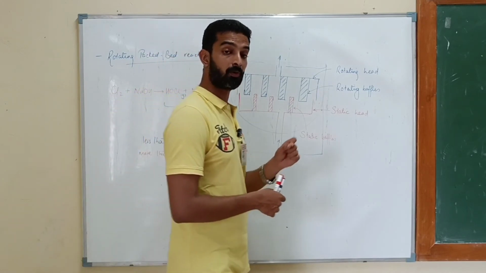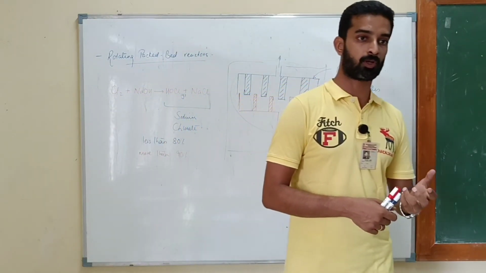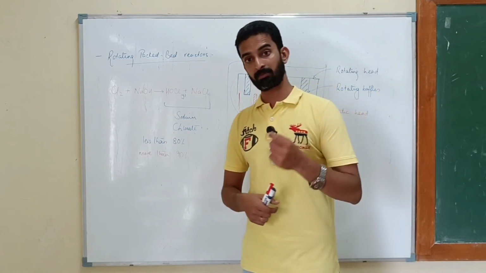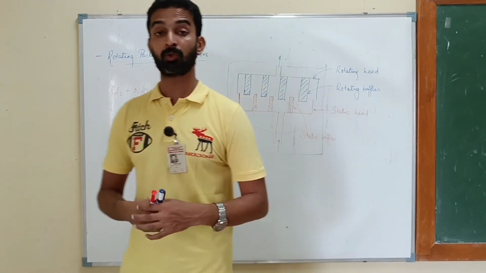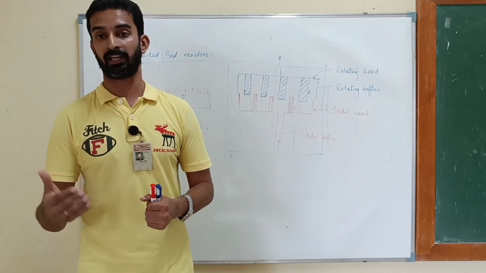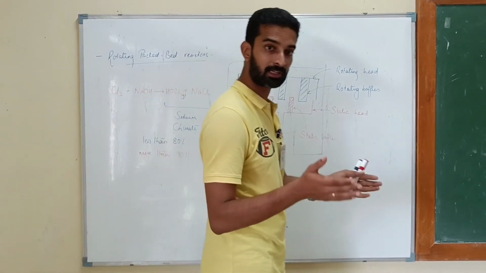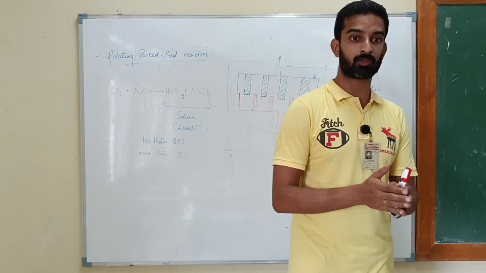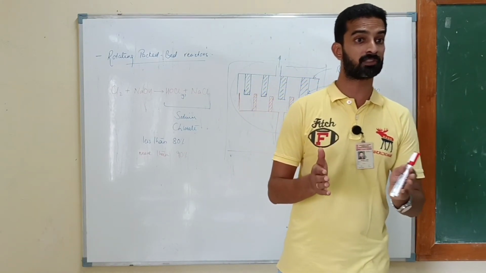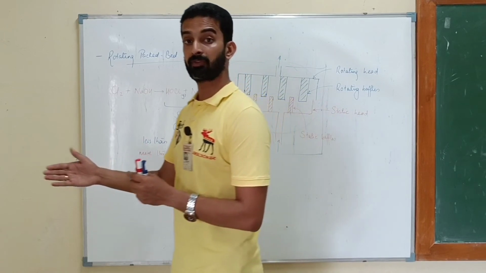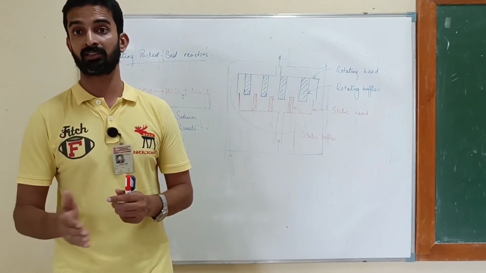The rate of reaction is found to increase 2 to 3 times compared to normal reactions. You need to understand what 2 to 3 times means. Suppose the reaction speed increases 2 times, it means the time it used to take has been reduced by 50%. So that is a very big difference. Suppose the reaction is happening in 1 hour, if you can complete the same thing in 30 minutes, it's a substantial difference.